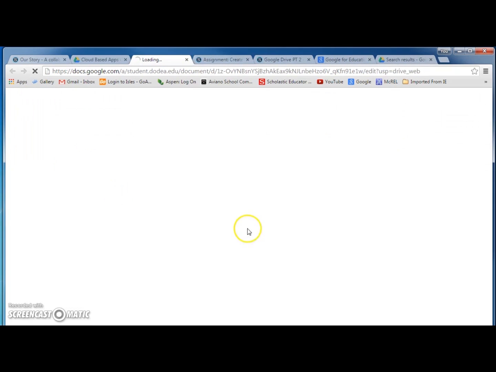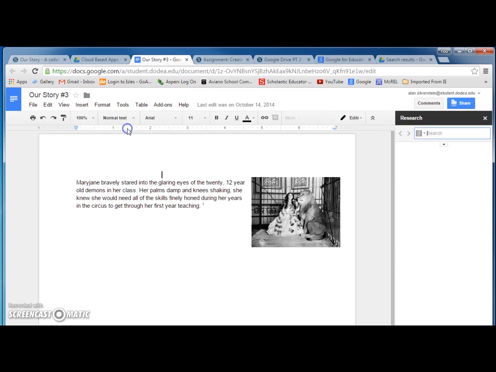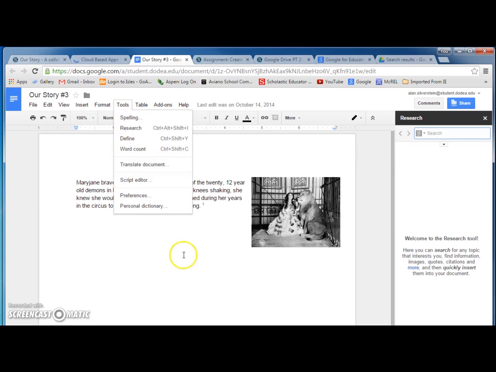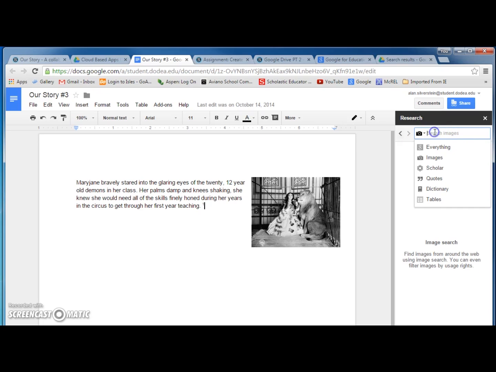So here's one. And notice I've put a little image in there. If you want to add an image, you can do that right out of Google. So if I go to Tools and Research, which is one of the tools we're going to be looking at a little bit later, you can see here I have the ability to search everything, or I can just search images. So in this case, I was looking for a lion tamer or something like that. So imagine I wanted something